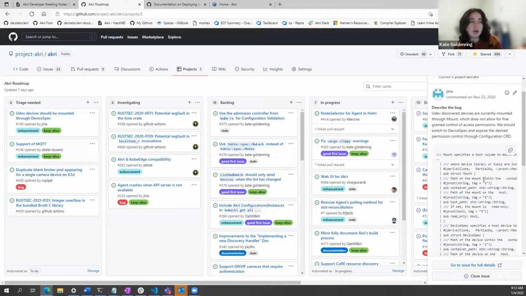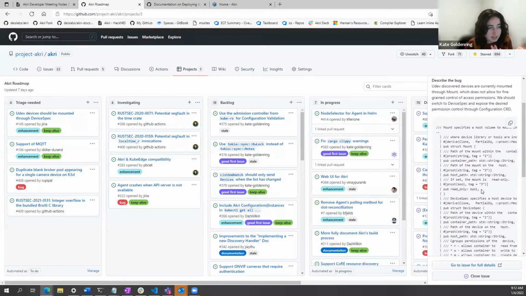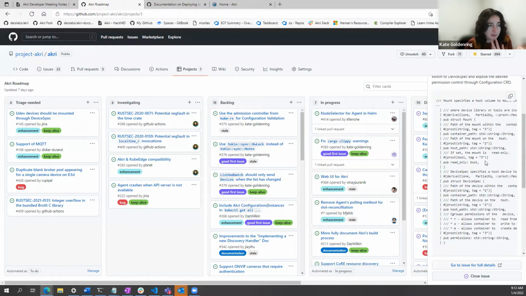When you create a device plugin, you can specify what that device needs when it's requested by a pod or specifically a container. You can specify mount paths, or you can specify device specifications. With the mount path, you can specify the path for the container, the path for the host, and whether it's read-only, true or false.